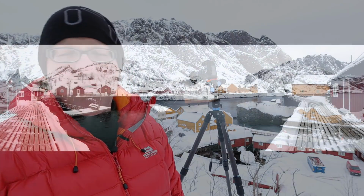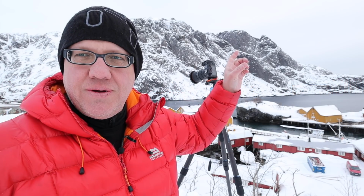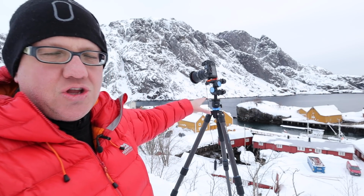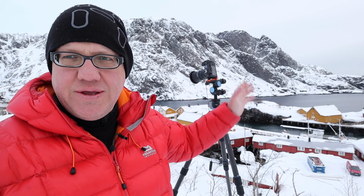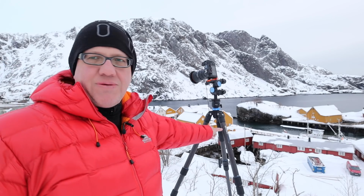What I decided to do, I've shot a little bit down on the harbour edge. So there are a couple of shots to get there. I've got a panorama, hopefully it'll pan out, no pun intended. But I've decided to come up top and get some elevation and look down over the snow-filled town and get a panorama. So my choice of equipment, because some of you will ask, I'm sure, the Benro